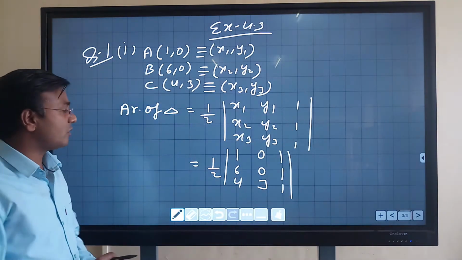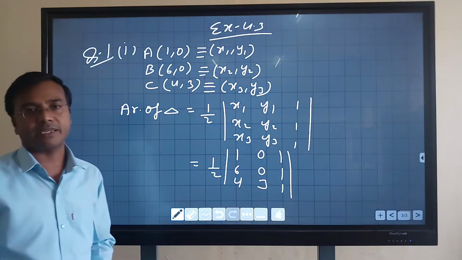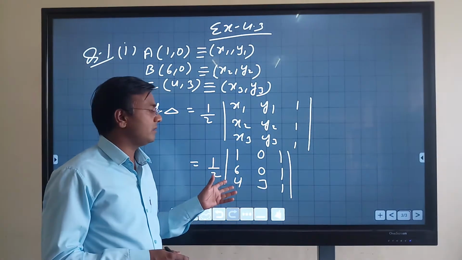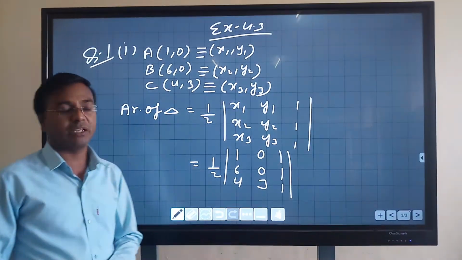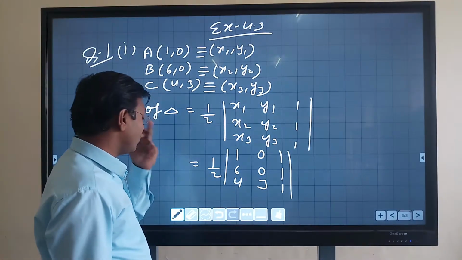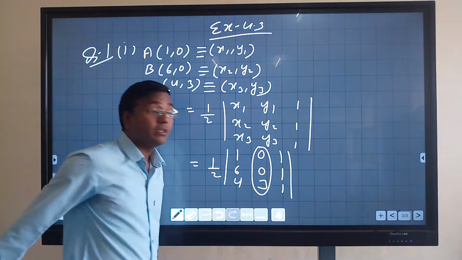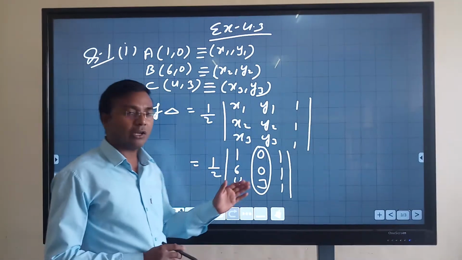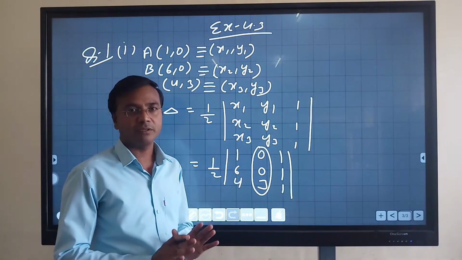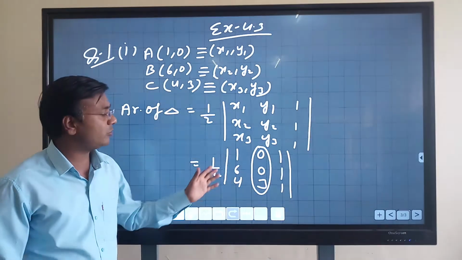So now this becomes a completely determinant problem, and you have already solved some properties in exercise 4.1, 4.2, and this directly expansion also can be there. So now we have to simplify this determinant. What we will do, as I told you, we expand the determinant along a particular row or column, because we will get the same results if we expand this determinant by any of the rows or any of the columns.